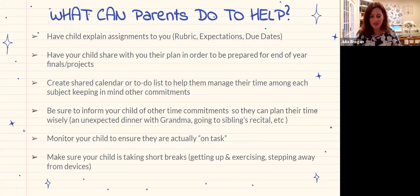The next thing is, we thought it would be helpful to have a couple of slides on what parents can do to help. So all the other ones were about study strategies. The big thing is when there are assignments, and the great thing now with middle school is that we do have a homework roster. So you're always, as a parent, in the know